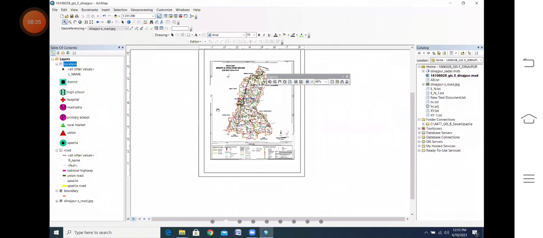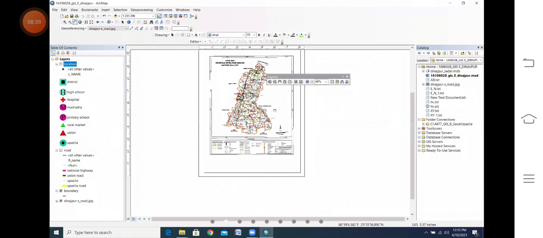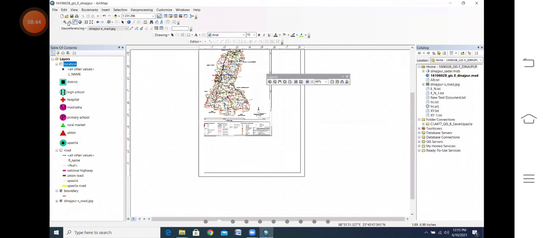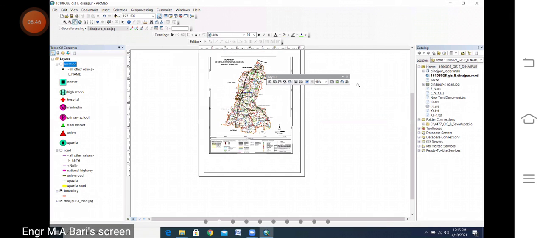So this is your screen. You can move it right side, left side, many things. So first you need to fix your image, how much you want to increase.